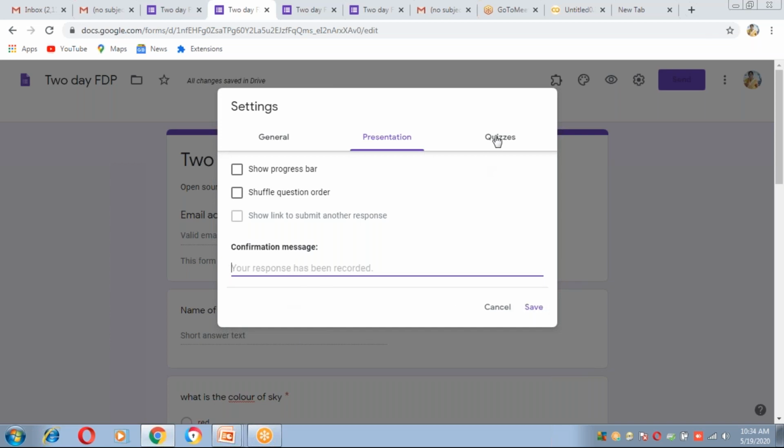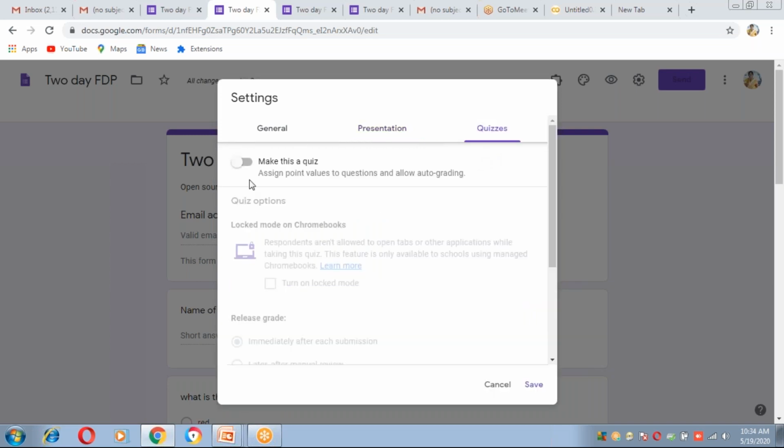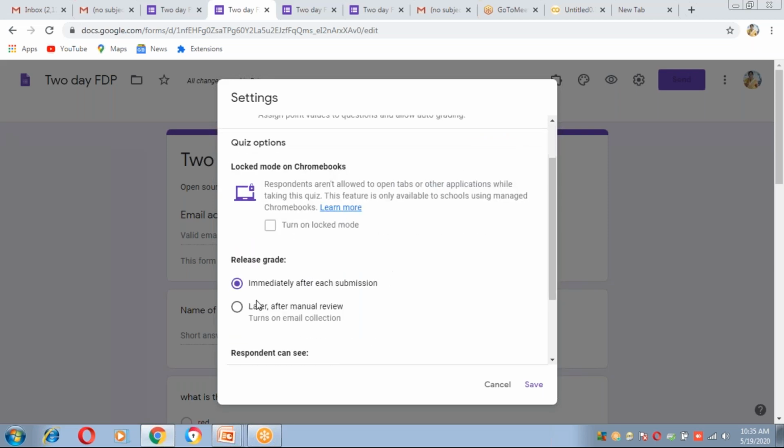Okay, next one, quizzes. Now we are conducting a quiz, so we can make this a quiz. Now release the grade. Release the grade means, out of suppose 10 questions, if the student got 9 marks, then immediately after submission the participant can see his grade, I mean how many marks he got.